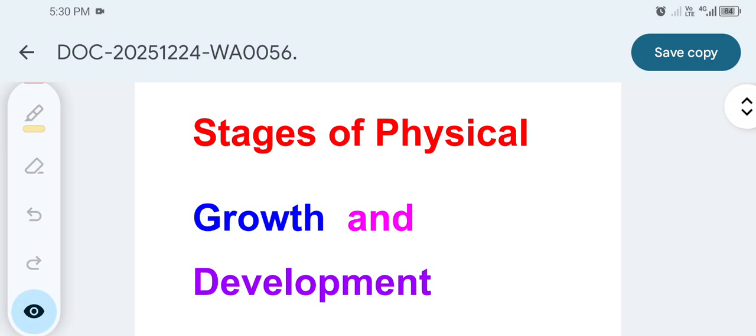So with pediatrics, today we are going to tackle the part that we left when we were discussing last time. It was under stages of physical growth and development. So under stages of physical growth and development, we say that it's very much important that the growth of a child is according to stages, and it is monitored as per